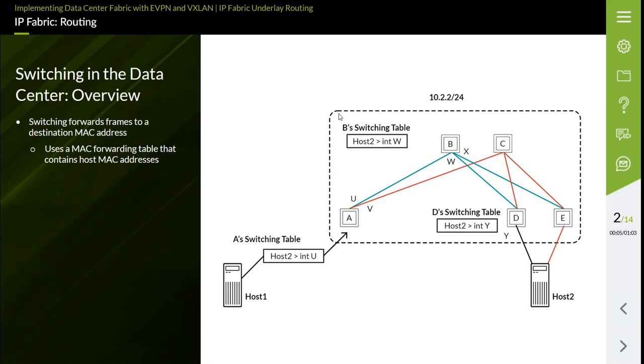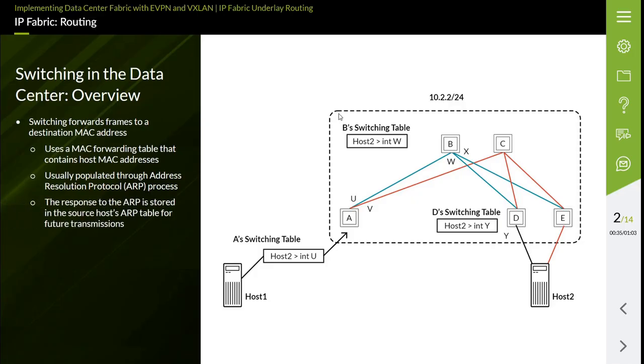with the destination host. If the MAC address of the destination host is unknown, the source host uses an Address Resolution Protocol, or ARP, request to query the remote MAC address associated with the destination host's IP address. The response to the ARP is stored in the source host's ARP table, where it can be used for future